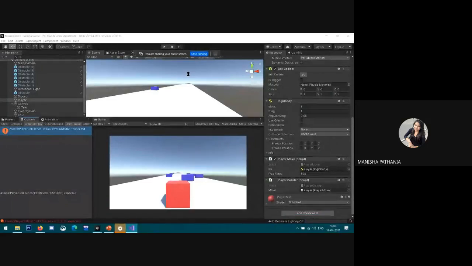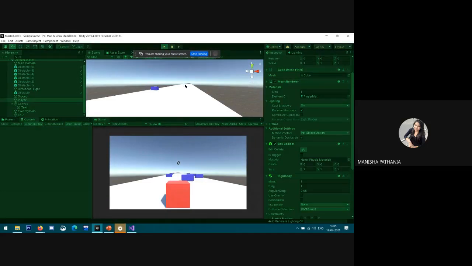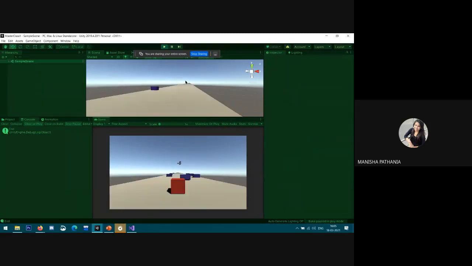Yes, now check this. See, it goes to a certain level, and the scene automatically loads again.